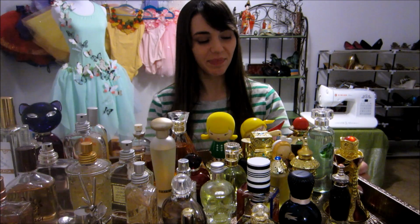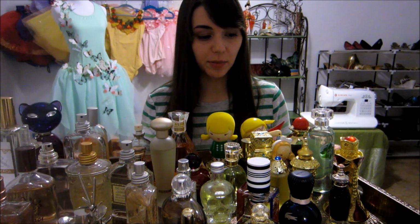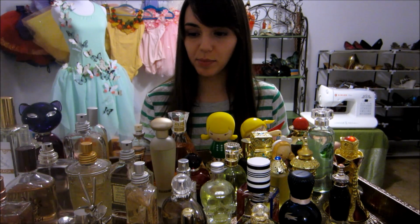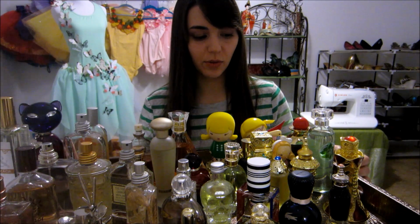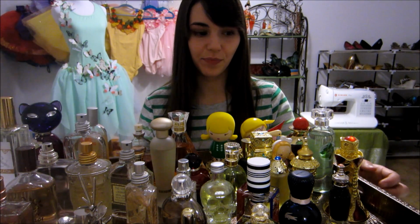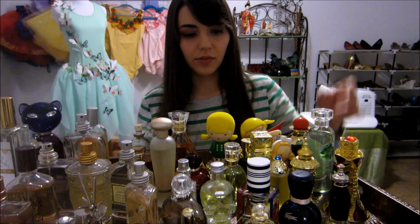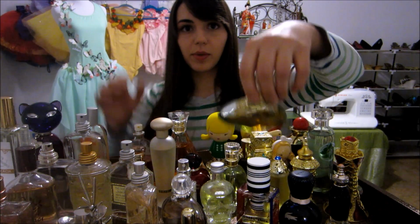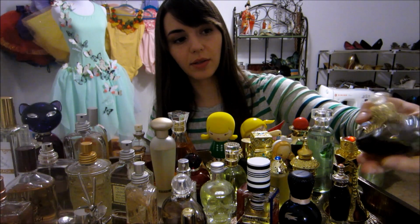Alright, so I'm not going to talk about all of these perfumes because that would be insane, but I am going to talk about a lot of them, and my favorites are just ones that I like the look of. So I think I'm going to start first with this one. This is L by Lolita Lempicka,